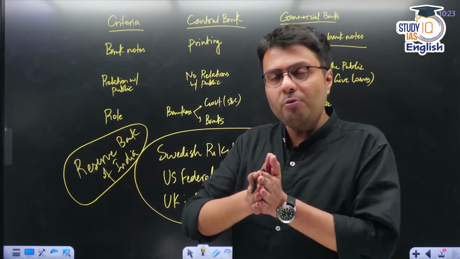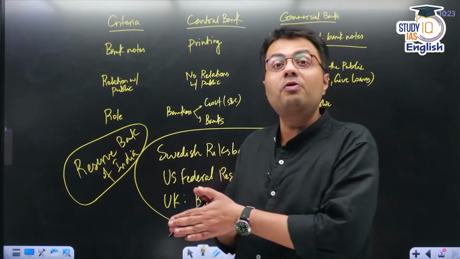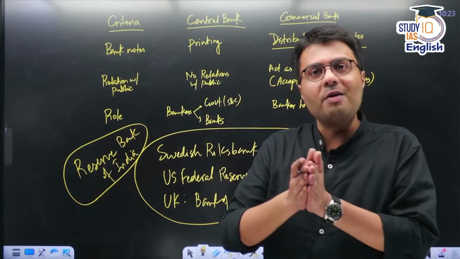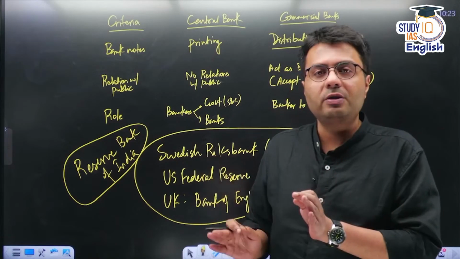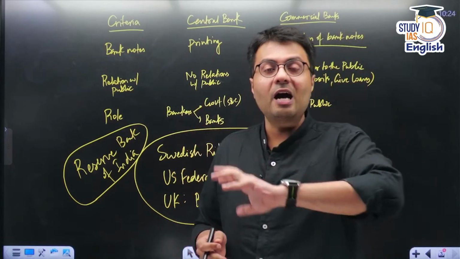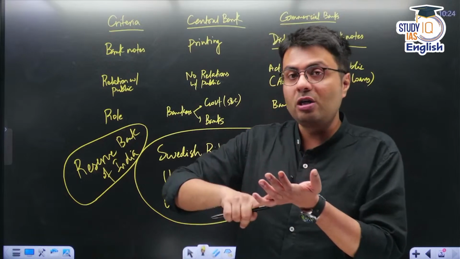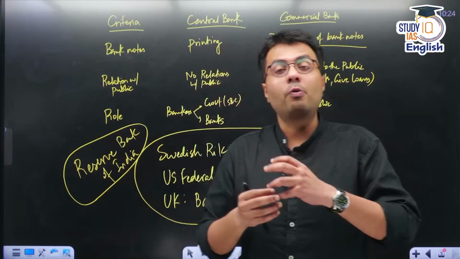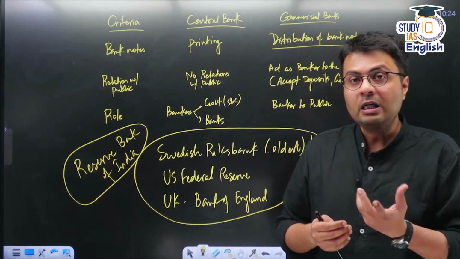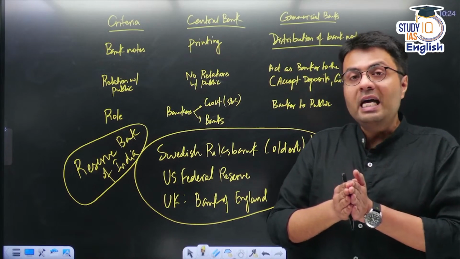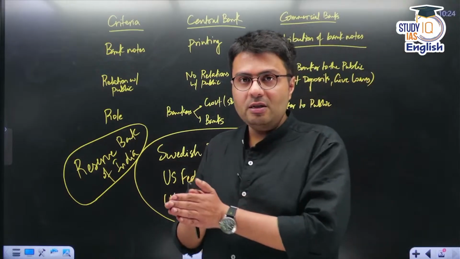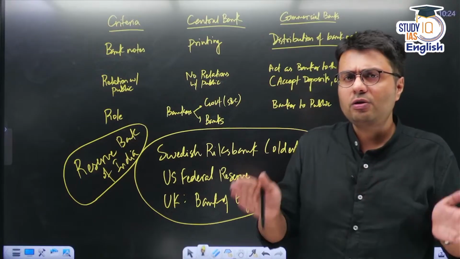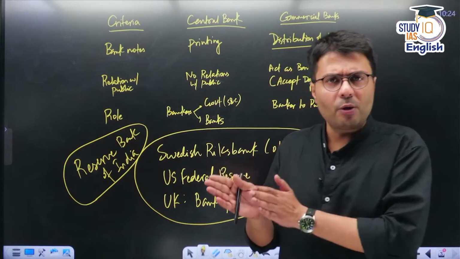So from the next class onwards, from Monday, we'll start covering what is RBI and how RBI functions. Basically, we'll try to emphasize the role of RBI, and RBI has multiple roles. It not just acts as a banker to the government and banker to other banks, but it is also responsible for issuing of banknotes. It is also responsible for offering debt to the governments, right? So it can also be called a debt manager of the government. All the other roles of RBI we'll cover later on one by one, okay?